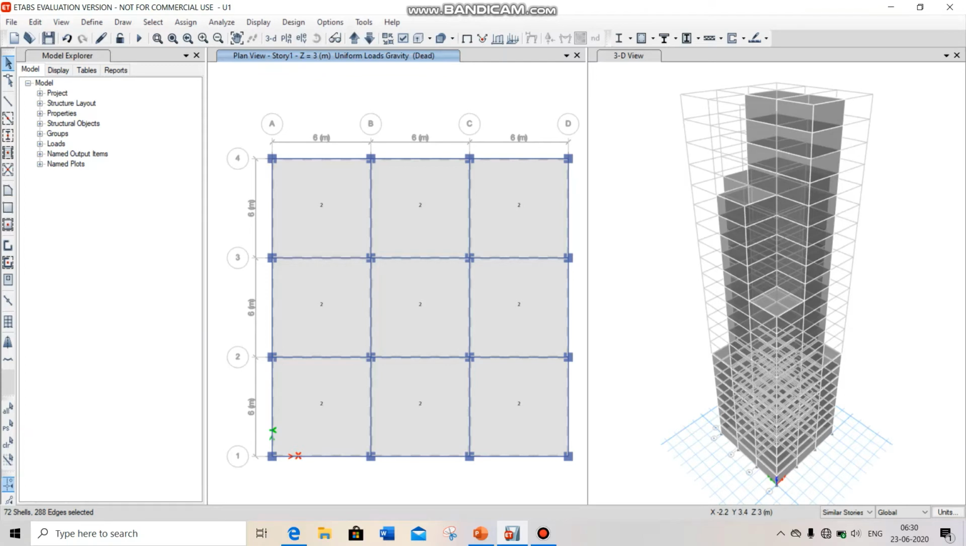and 288 edges selected. You can multiply 4 into 72 and it will come. And now